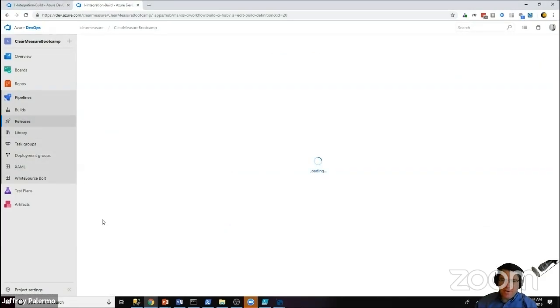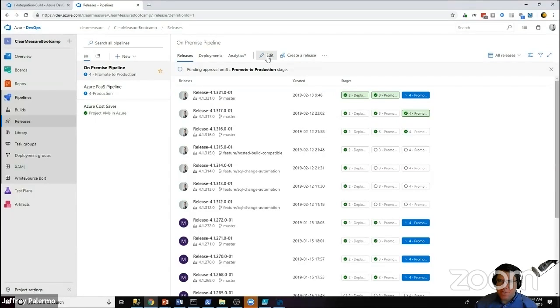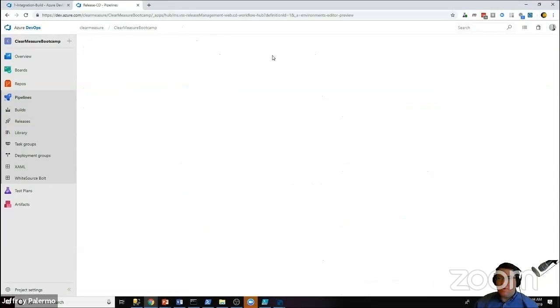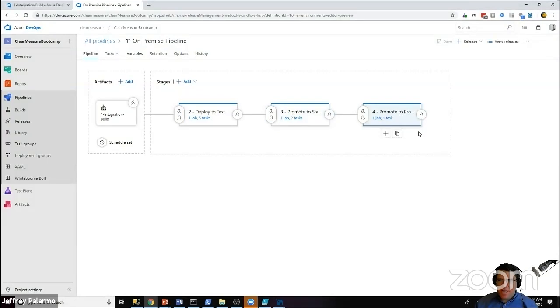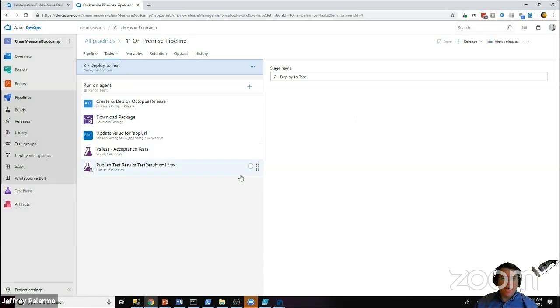Move over to the release configuration. You can see that we have our 3 environments. You can see how it's been run many, many times. We have our release configuration, test, staging, production, and how we have it integrated with Octopus Deploy. You can do all of this here, but Octopus Deploy has such a humongous library, and it's been around. It's such a mature deployment tool that the sophistication of deployment scenarios is still catching up in Release Hub, and